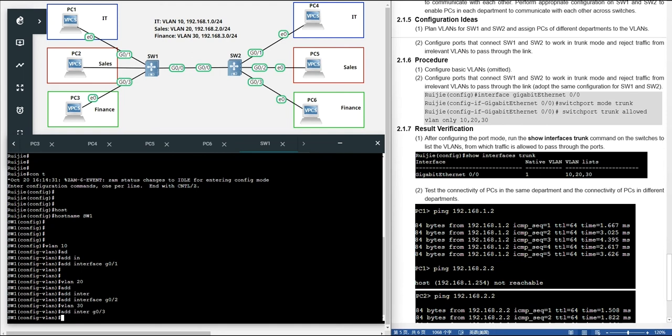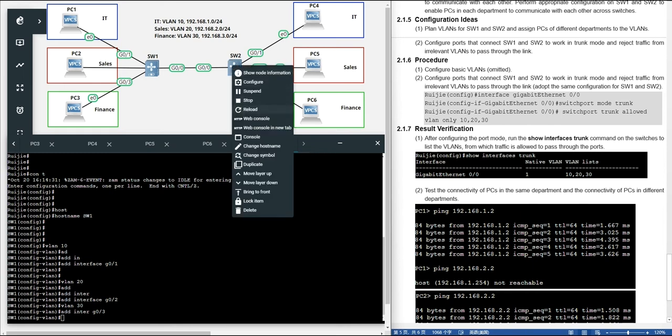You get the same result if you enter the interface, change the mode to access, and then set the access VLAN to 10, 20, 30. This is another way to configure the VLAN.